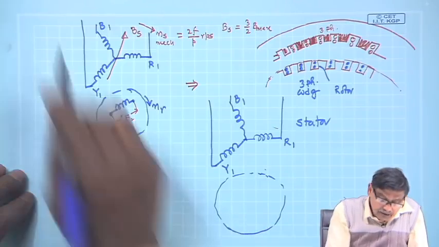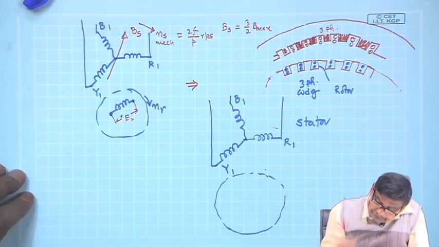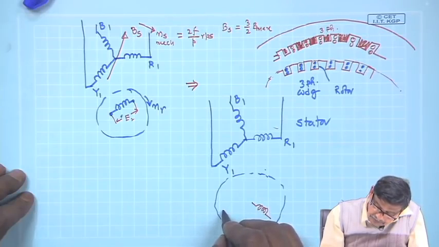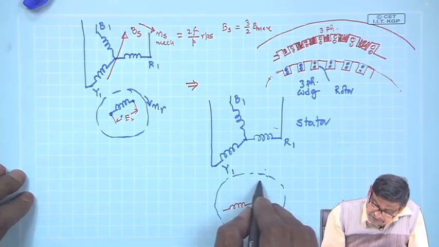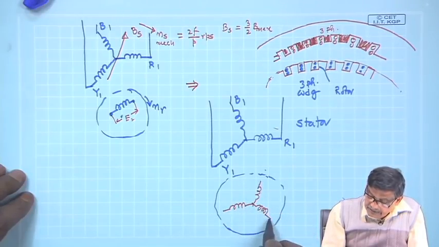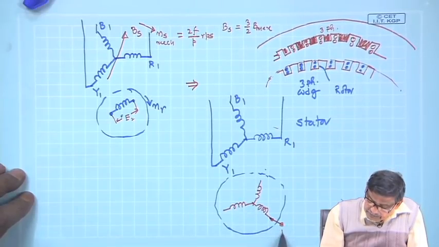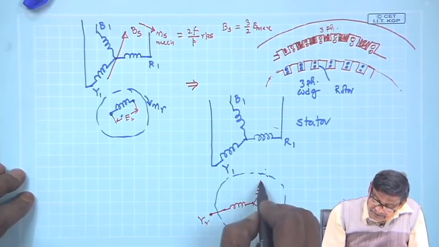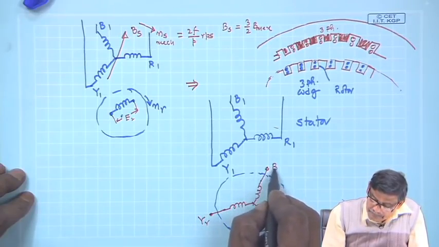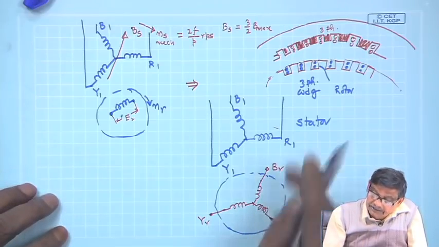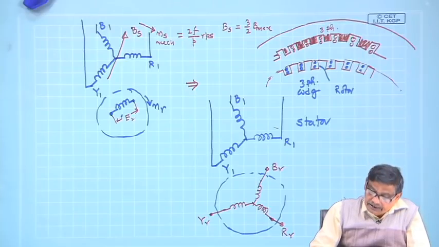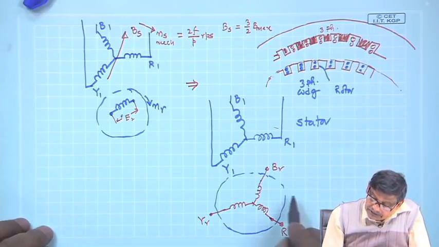So, this can also be represented as R phase, Y phase and B phase, and suppose these are the rotor terminals, let me call this RR, this is YR and this is BR, like this. So, this is the rotor 3-phase winding, which is also balanced and 3-phase type. So, this is the rotor part,